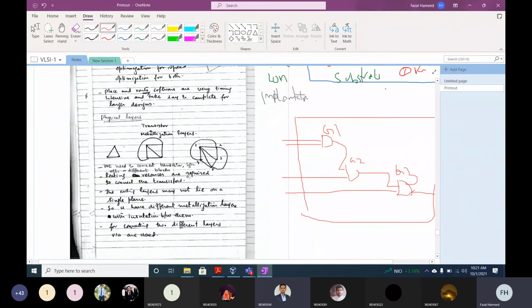We have this design. Which one is the critical path? ये critical path है ना? Okay. Yes sir. So in the critical path, if you want to place this on the chip,